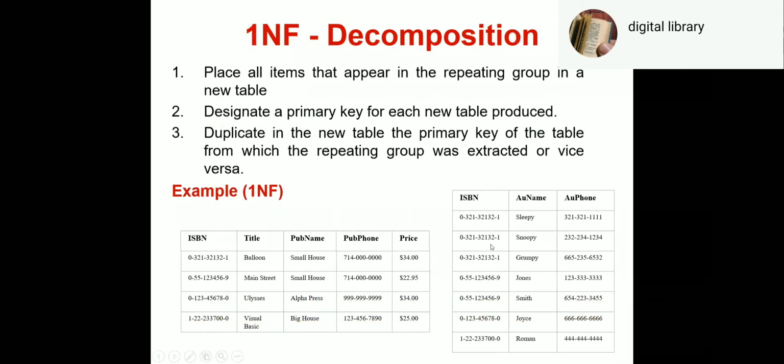The first table will have this column, the second table will have this column. Now you can see that all columns only have scalar values. Now these two tables are in first normal form. Shall we move on or wait? Wait, sir. So in the first table, ISBN is a